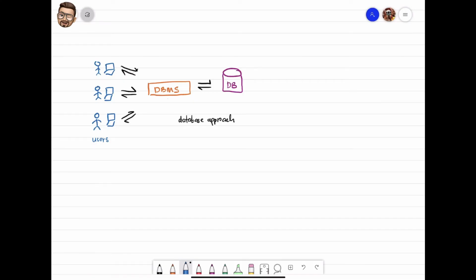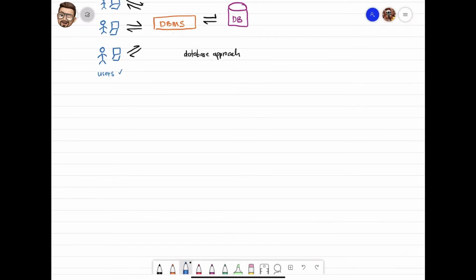Before we go further to distributed database design, let's summarize a little on the DBMS concept. In a normal database approach, we have multiple users who use a DBMS to access the database. However, a company might have a few branches in different locations. For example, one branch in KL, one in London, another in New York,